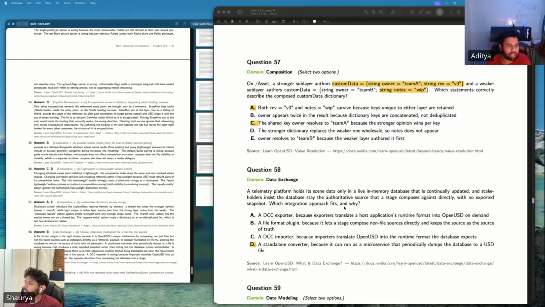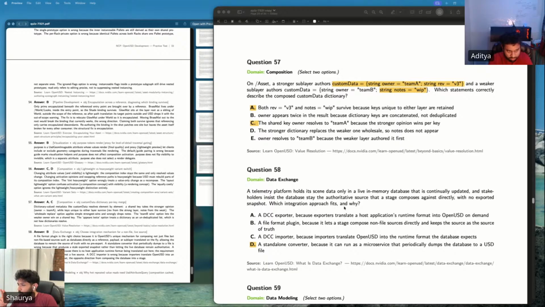Authoritative source means single source of truth here. That means we should always pull the data directly from the database rather than loading it somewhere else. A standalone converter basically snapshots the database and creates two sources of truth, which is contradictory to what the question wants us to do. Because of that, B is the appropriate answer.